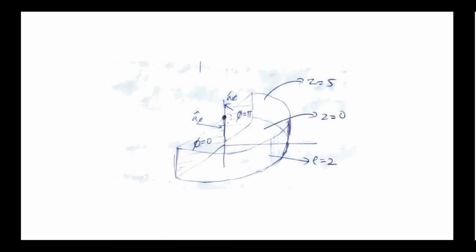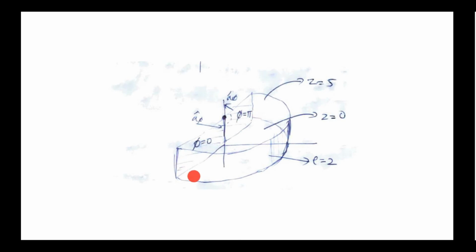Now which are the planes? The first plane is phi equal to 0. The direction of a phi is clockwise, but the plane is facing outside, like this. So we can say this is the minus direction, whereas phi equal to pi is the next plane, which has the direction of a phi only. a phi is like this, clockwise direction. So the phi equal to pi plane is in the same direction, so phi equal to pi is a positive plane.